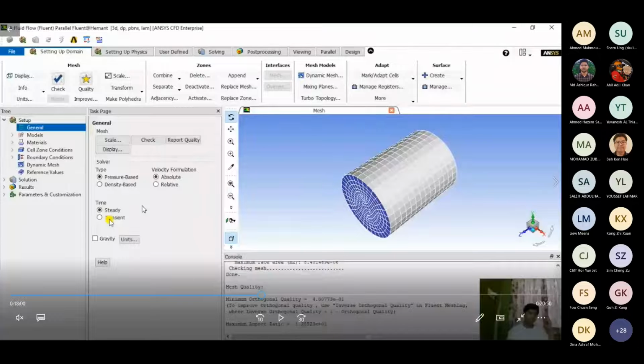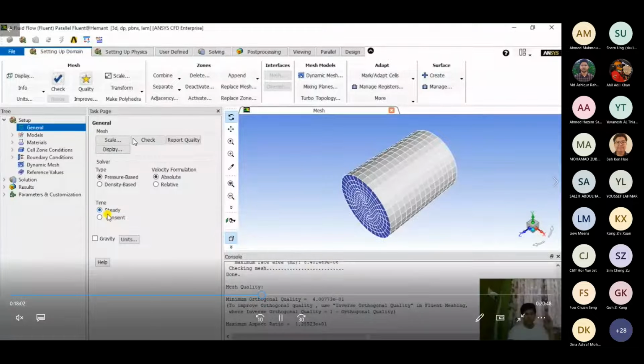we'll go for steady state, and in steady state we'd go for pressure based. There are two types of solvers that we can use: one is pressure based, one is density based. Generally we use pressure based, and the velocity formulation we keep as absolute, because we have a dedicated velocity. We do not derive any velocity from any other components. We use absolute velocity. For relative velocities you have to define them. The software will generally take it relative to the other input parameters that are mentioned. So that's the general idea over here.